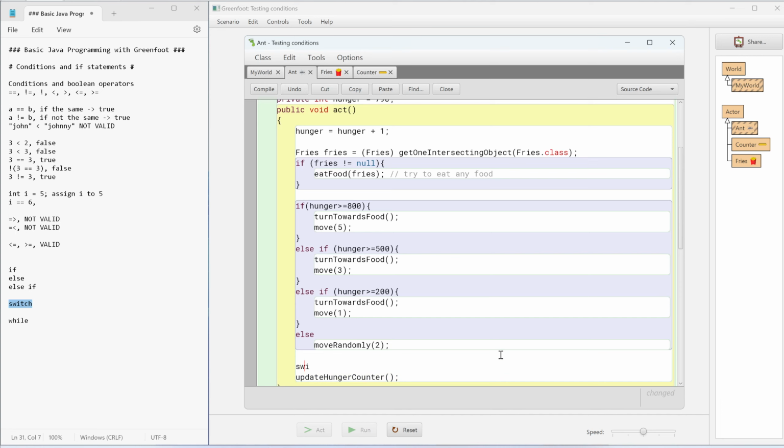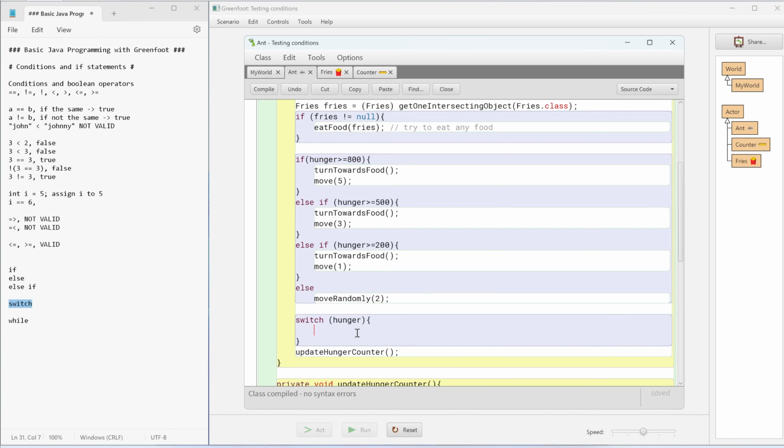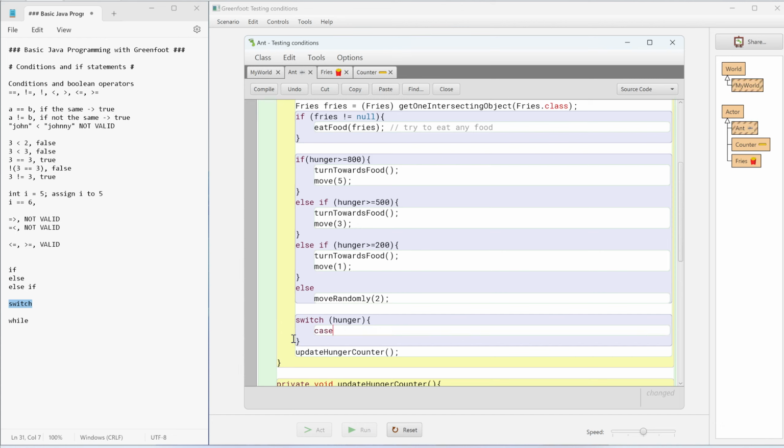So first off, the code word is switch, and inside here we want to write what is the variable that we want to check. And in this case, if we look here, it's hunger. This is the one that changes the flow. So I'm going to write hunger here like this. And then we need to put scope around this to say this is where the switch statement works. And then we write case,